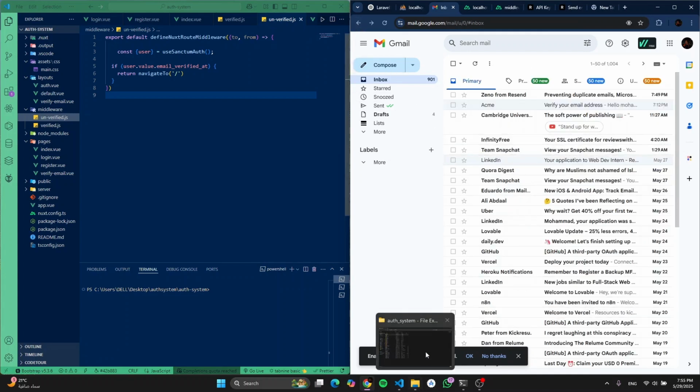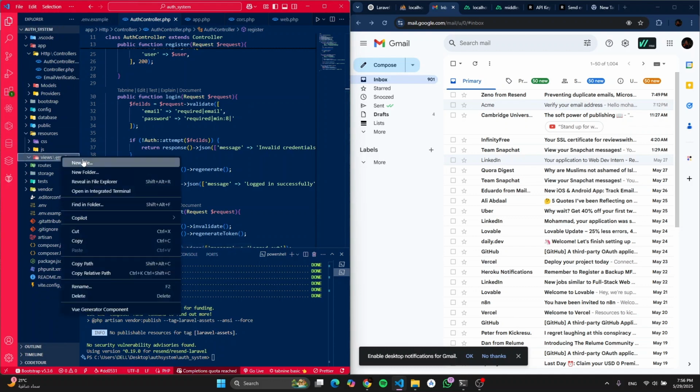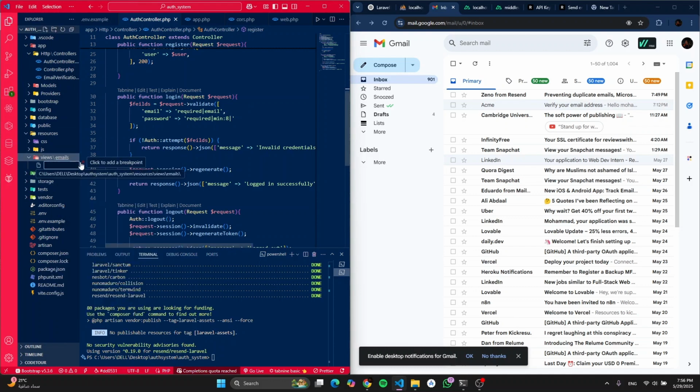To create a new look, we need to do three things. First of all, we have to create a new resource, a new file, a new folder. In the views, I'm just going to create a new folder and call it emails. And then a new file, we're just going to call it email verify